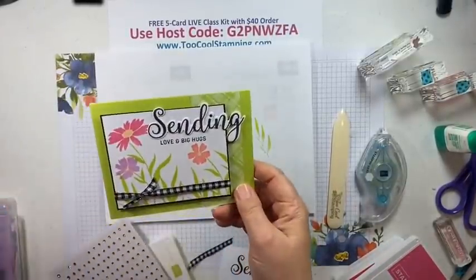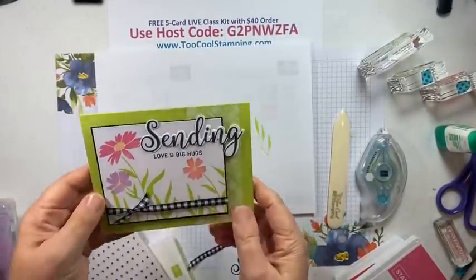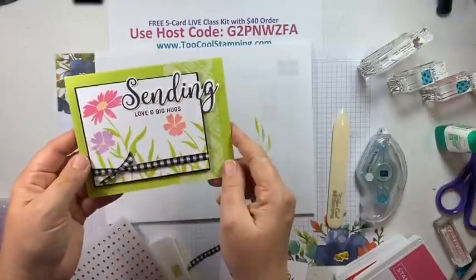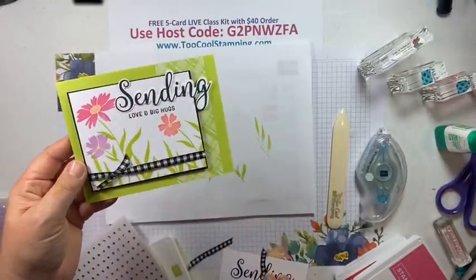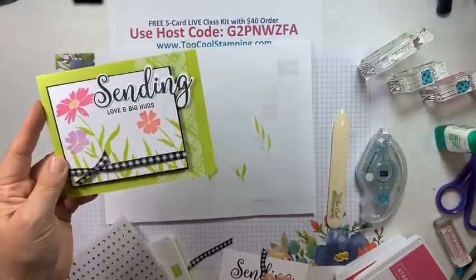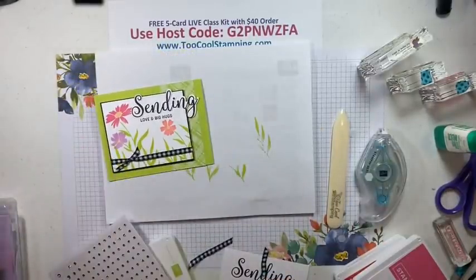So there's our second card. This is the Parakeet Party in color. Again, with your 5-card kit, you'll get all the supplies to make this card. If you have your In Color club, you'll have all the supplies to make 4 of this card. Now, our Too Cool